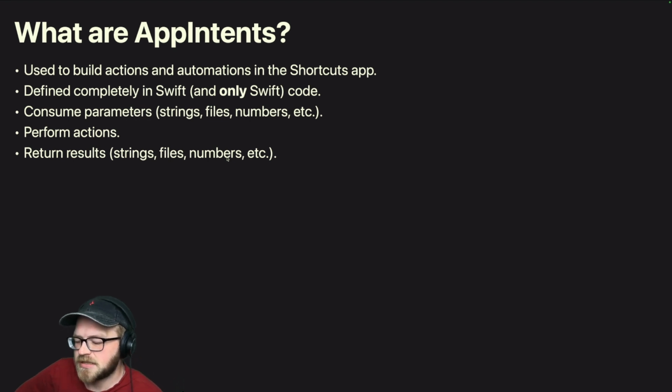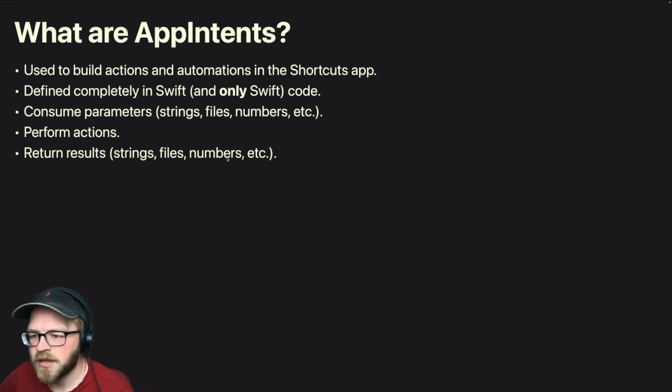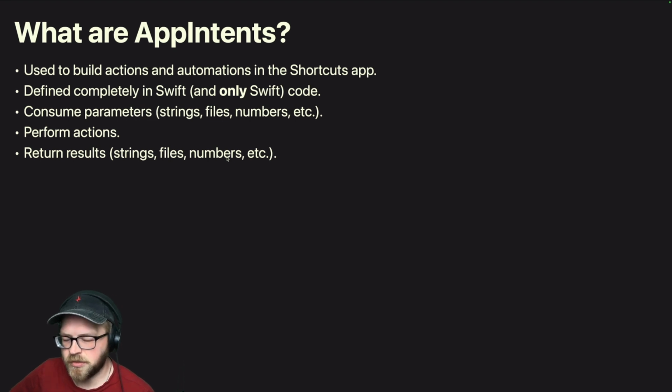What are app intents? If you're familiar with app intents at all, you're familiar with how you add functionality to the Apple Shortcuts app. They're defined completely in Swift code. As of right now, they're only in Swift code. Apple used to have another way of doing it that was Objective-C compatible. It was a nightmare. Don't do it. It's deprecated. And a lot of the newer functionality doesn't work with that old system. So this has to be done only in Swift code. It uses some Swift compiler magic, etc.